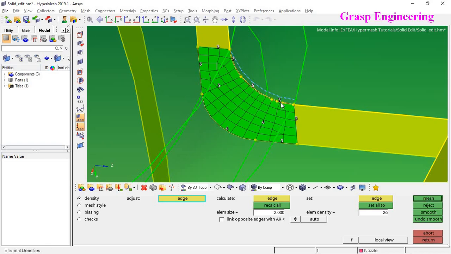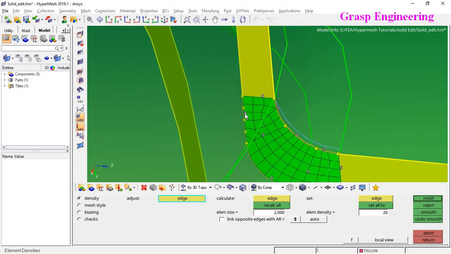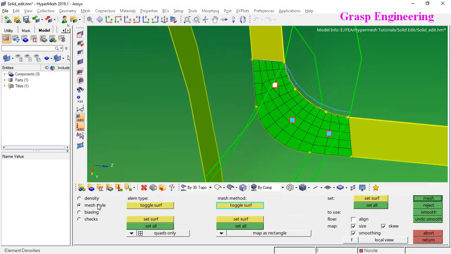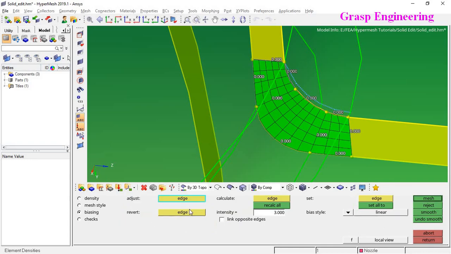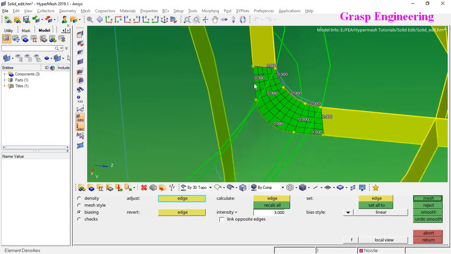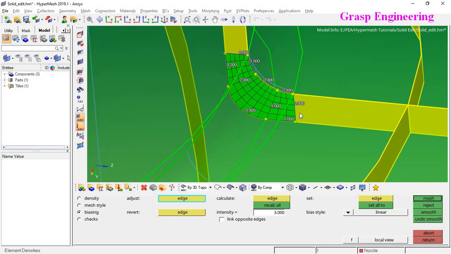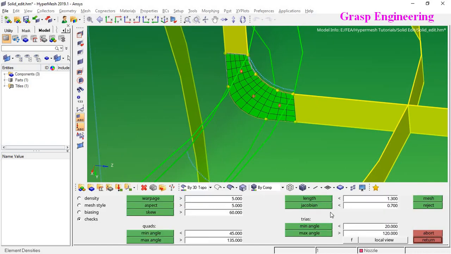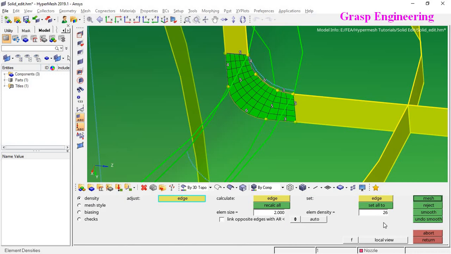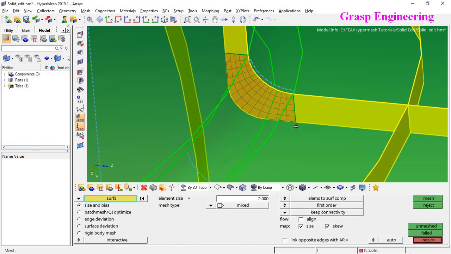I want 3 here, 3 5, 4 4 5, and let's go to mesh, set all mesh. Okay, there are a few more options like biasings. Biasing, basically, if you want to move, we will discuss over here, and here you can even define a few quality checks. These quality check options we will cover separately in a separate video. Okay, now let's go to return.